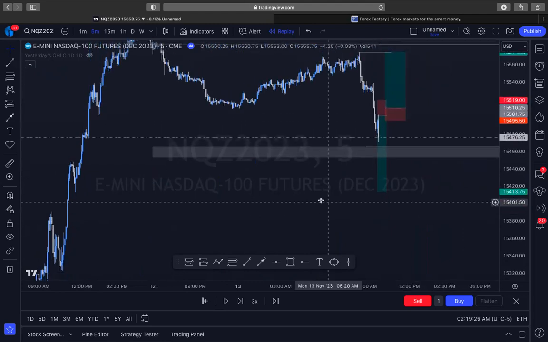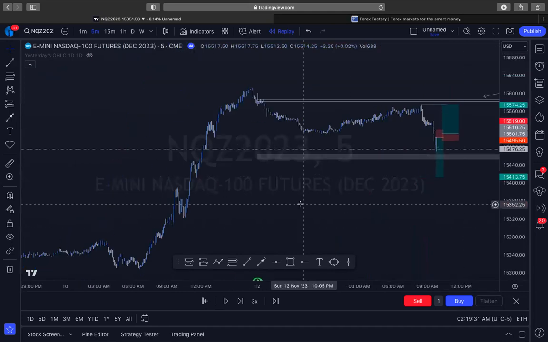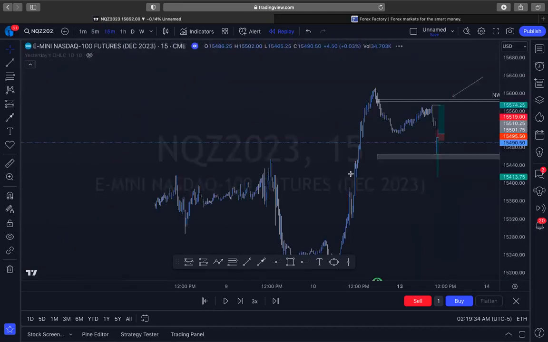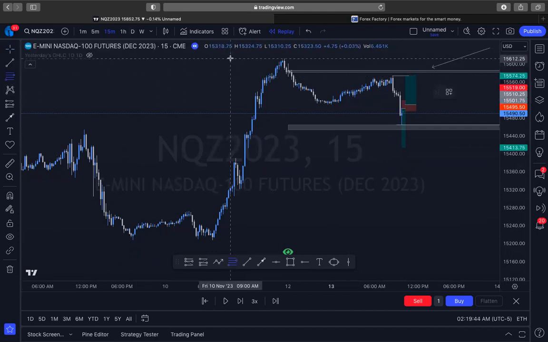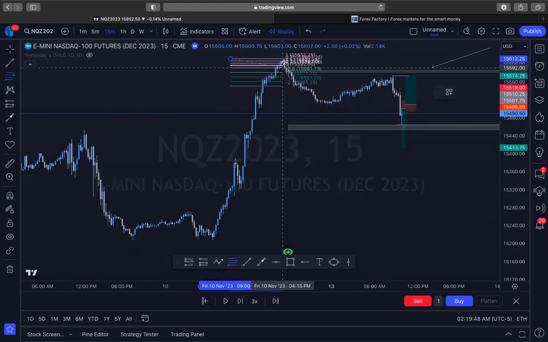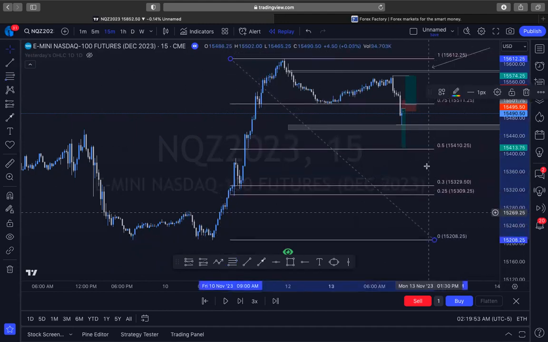Why that low? Because I'm measuring what I would consider the median or halfway of this move going up. I don't normally like to pull out the Fibonacci tool, but if we measure from this top right here, the highest point, to the lowest point, which is down here, roughly, right? That's 50% of this bullish move right here. So why do I target 50%?